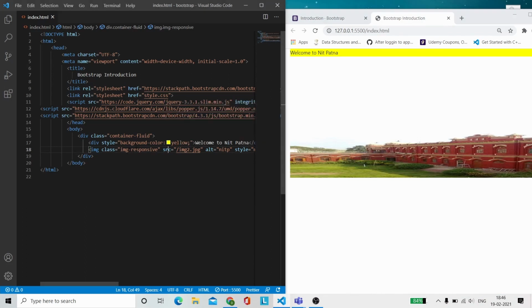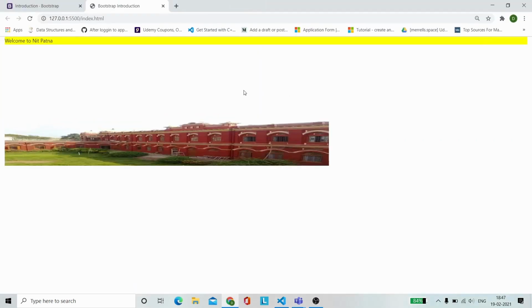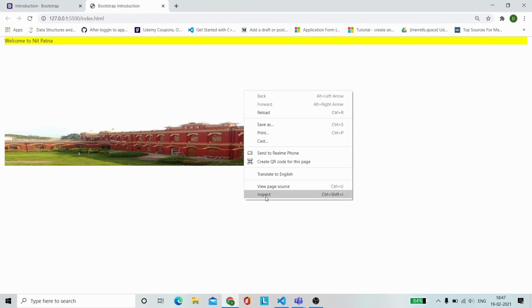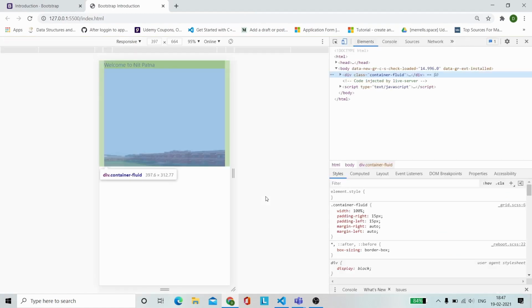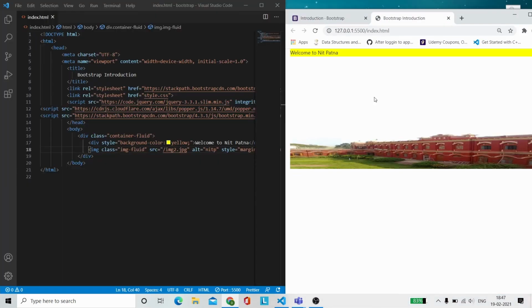Image dash responsive. Ma'am, use image fluid. Image dash fluid. But actually image dash responsive also works. Okay, let us see. Oh yeah, my bad. So image-fluid, as you can see, is a Bootstrap class, and it made it